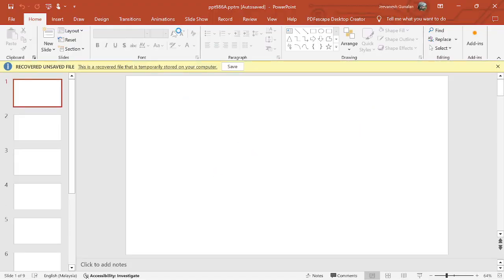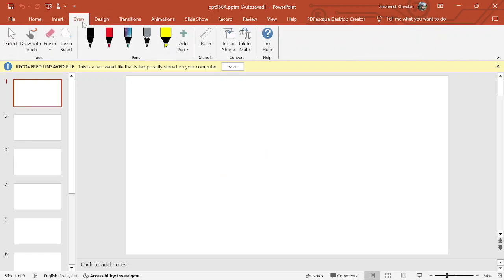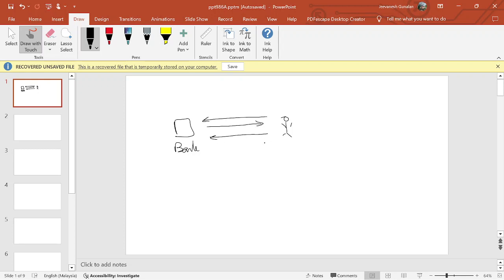So let's see, there's a bank and there's a user, and there are a lot of transactions happening between them. So in every transaction there's a unique ID. By the way, this is not exactly what happens, but let's see, there's a unique ID, and in this transaction,